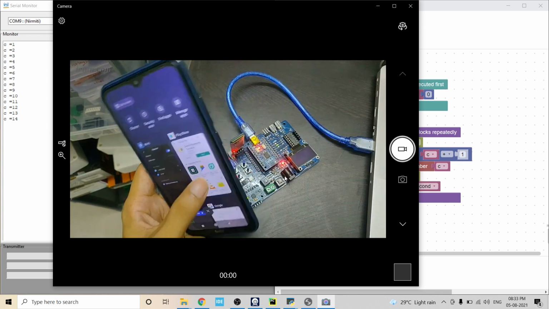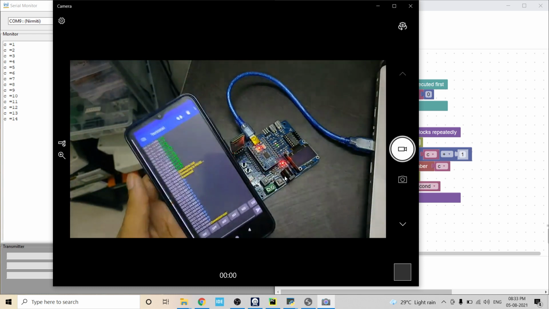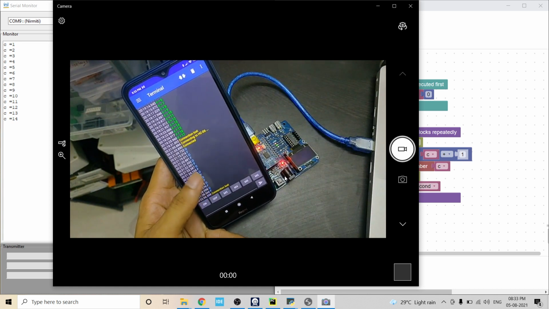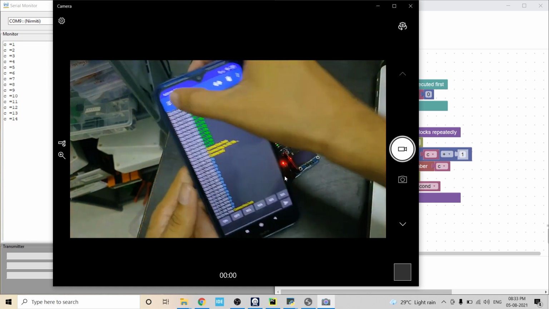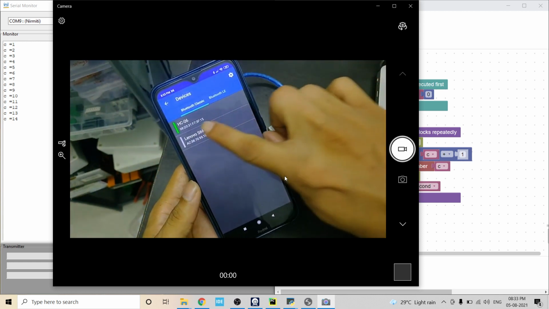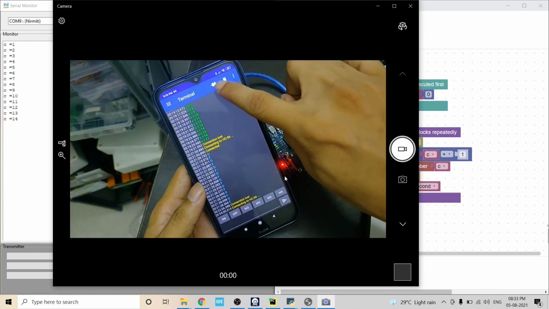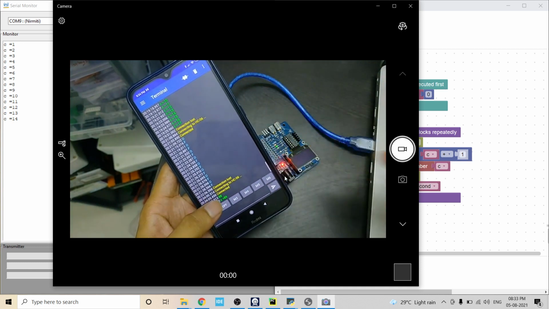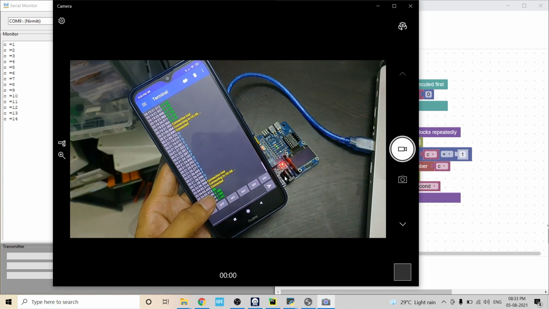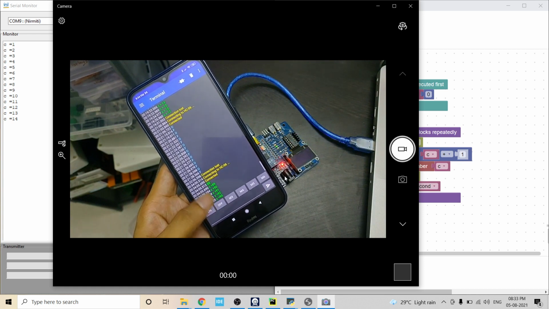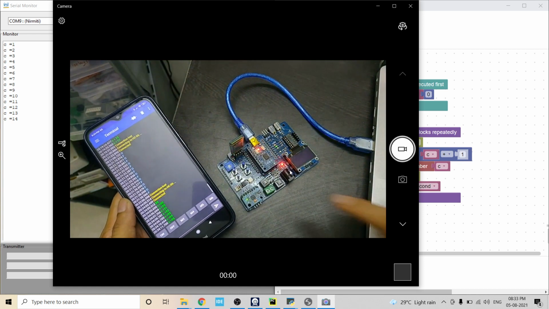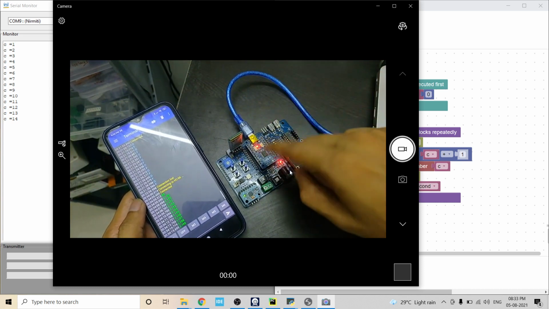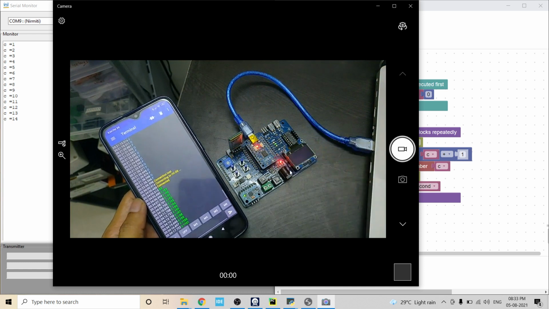Then open this app. Then go to devices and select this and connect. Now it is connecting to SC06. Now you can see the values of c are incrementing, and we are getting data wirelessly from the Nirmiti Shield to mobile.